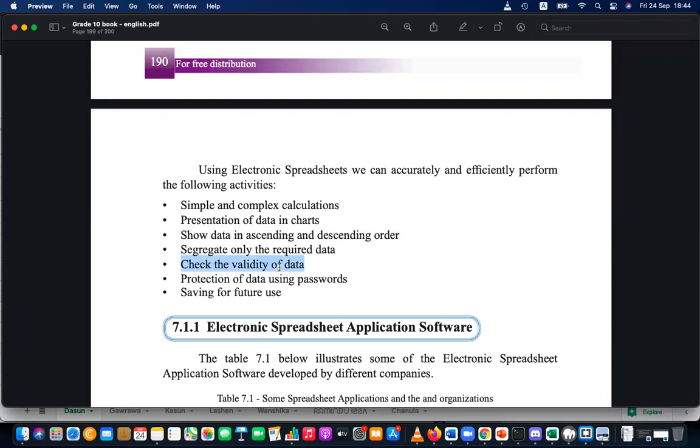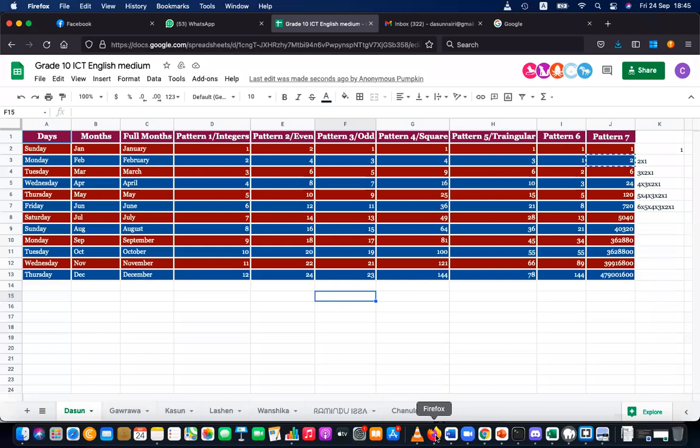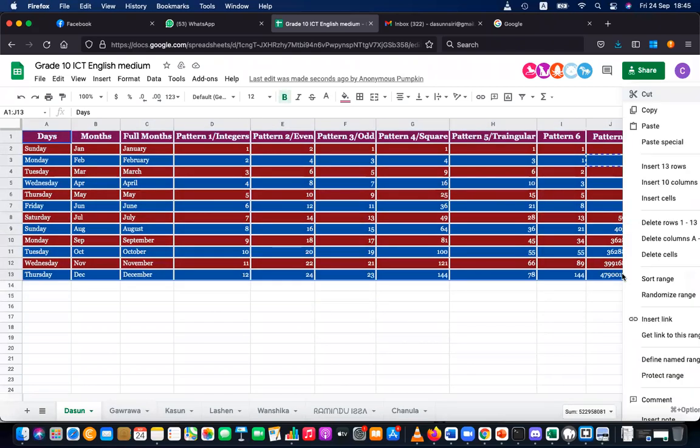Check the validity. That is also logical processing. Protecting using passwords. We didn't discuss that, but it is possible to protect some areas, maybe in the same sheet. Since you all are editing this, I can make these areas password protected. If I want to stop you editing these things, I can select everything here, right click, and I can